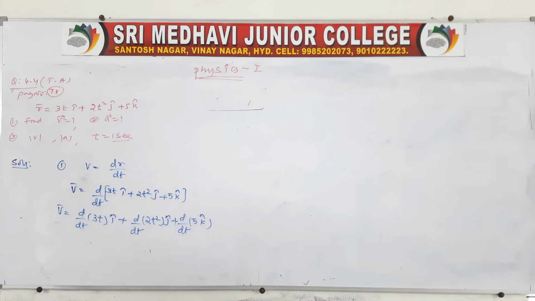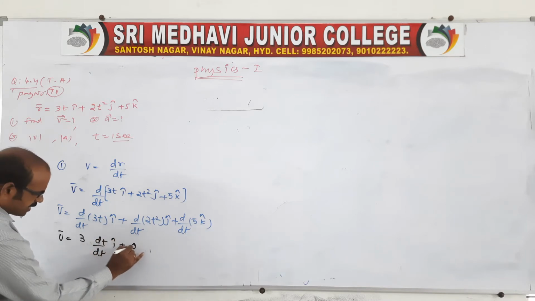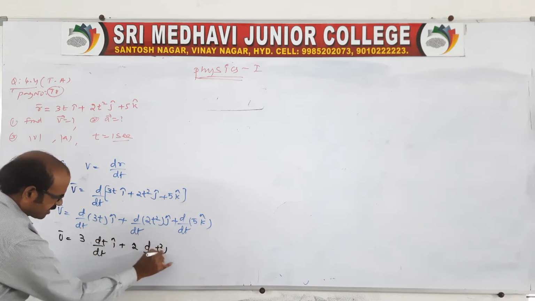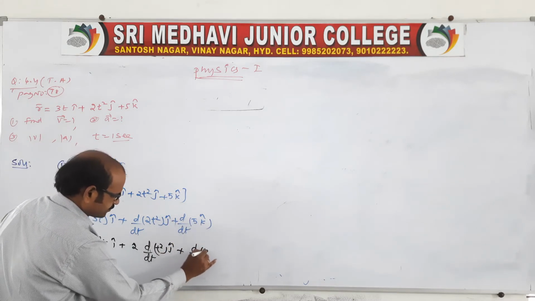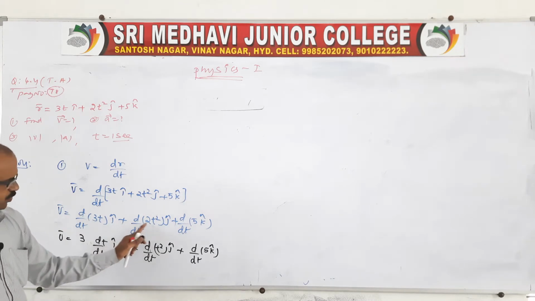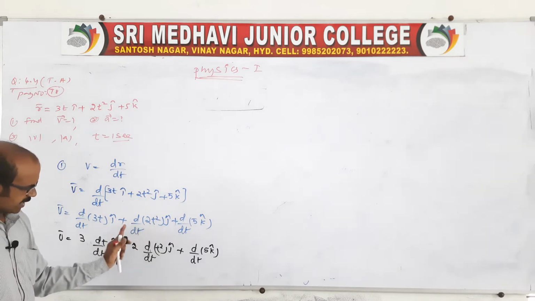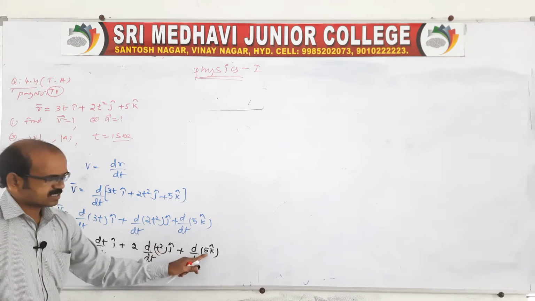Now we know the differentiation method. In mathematics there is a differentiation formula. So it is 3 of d by dt of t, i cap, and again 2 of d by dt of t square, j cap, plus here it is a constant, so you write the constant as it is. Look here: 3 is a constant, you take it out and multiply with t, because we are differentiating with respect to time. I cap plus here also 2 is there; you take 2 to this side, d by dt of t square as it is, j cap. However, here t is not there, it is constant.